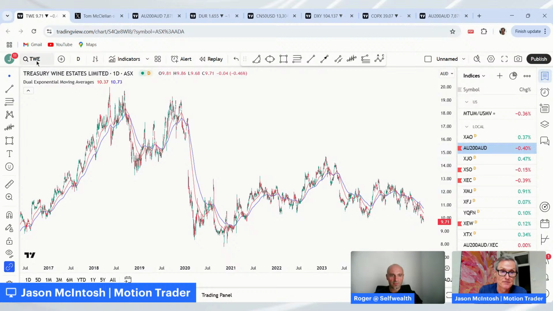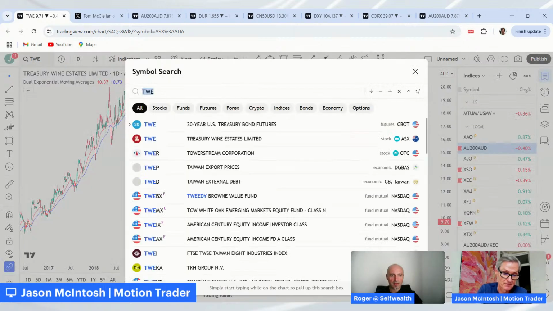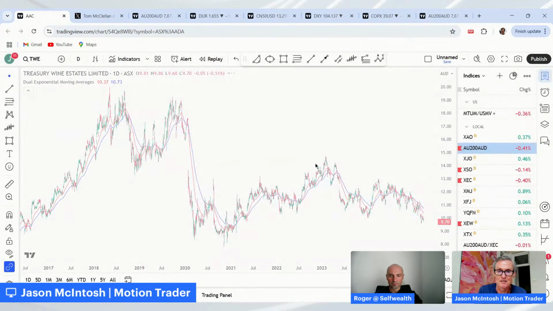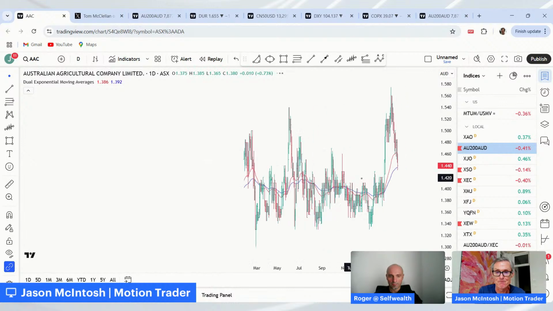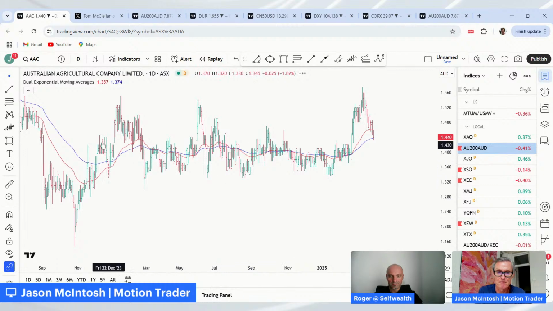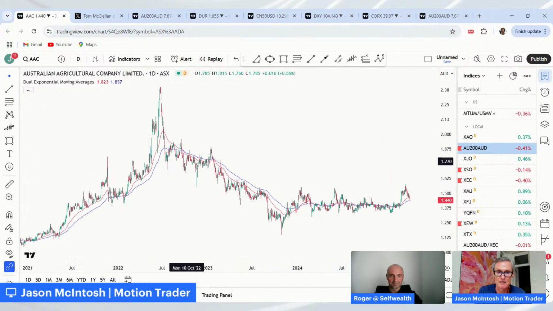Okay. Next one is AAC. Well, this is an interesting one. It's had a signal about a month ago, and it's been trading sideways. So it's had this lengthy decline. They own a whole lot of land with cattle on it, I think Northern Territory type stuff. You've got to go check all that out for yourself. But long decline, then we've got this lengthy sideways period, and it seemed to be breaking higher in late February.